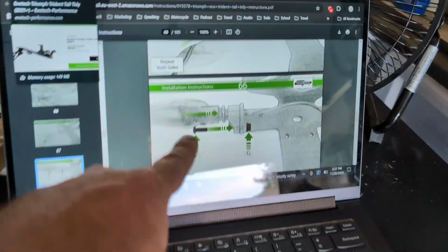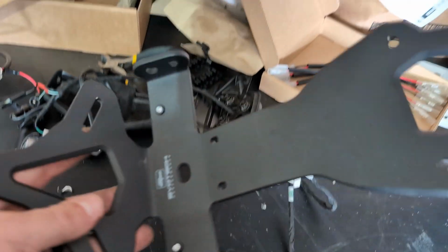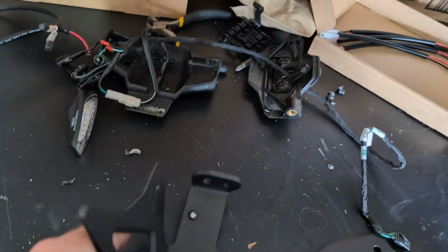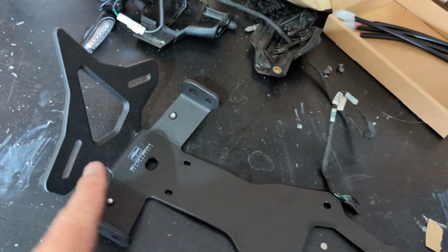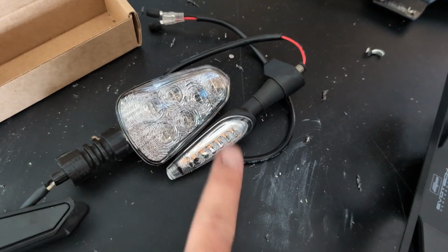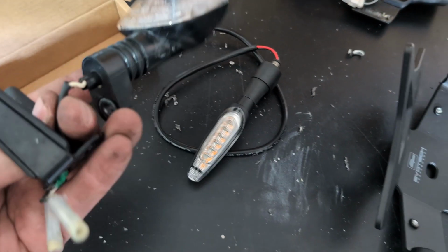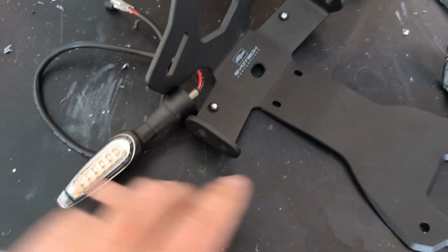So now I'm moving back over here and I'm moving on to step 66, which is now going to be assembling the actual bracket with the blinker lights, but I'm gonna be using the new Evotech ones. And just to give you guys a quick side-by-side, look at that size differential there, stock versus the Evotech. I'm really excited about the sleek look. So we're gonna ditch these stock ones and we're gonna put these Evotech ones on,